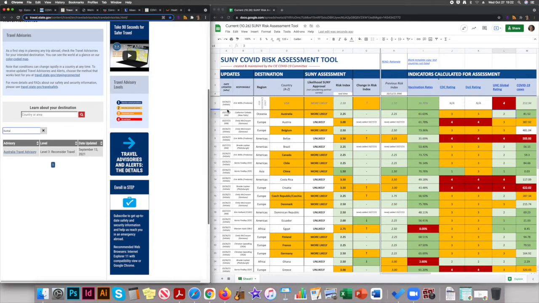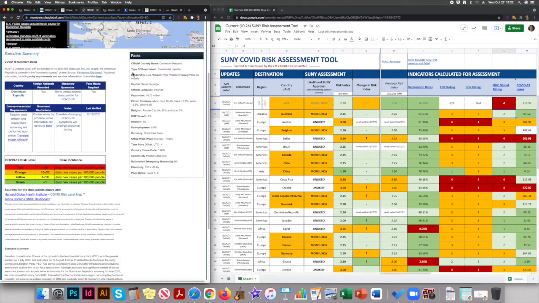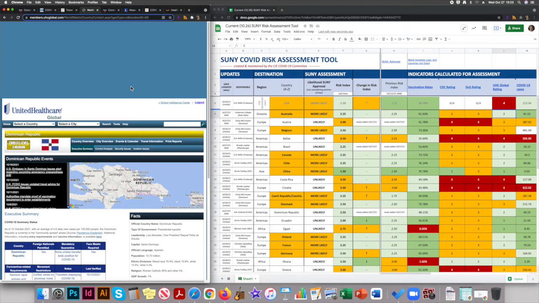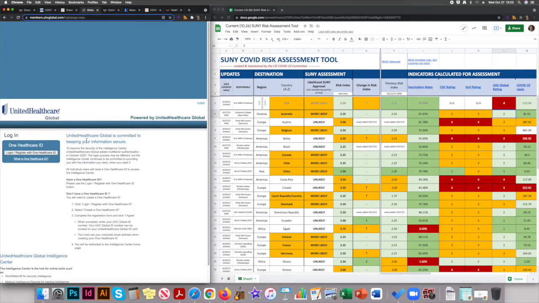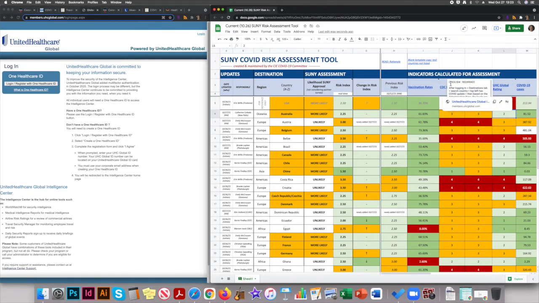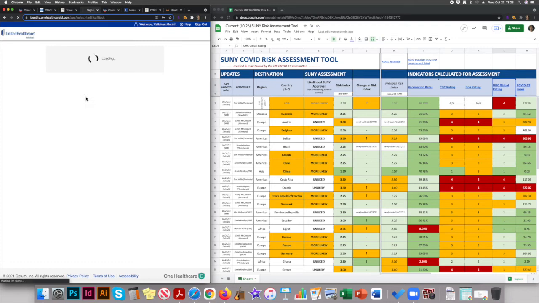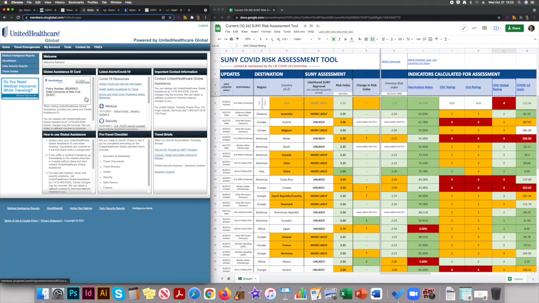UHC. This one is a bit more complicated, and if you need any help getting access to the site, just let us know. I have a full dive-in video on this one, but typically you're going to arrive here. If you need the SUNY ID, we have it here, UHCG ID number. So this is the SUNY number here. So when you're creating an account, if you need an account, that's the number that you have. But after that, you should be able to log in. And then if you go over to World Watch,